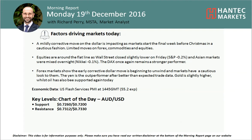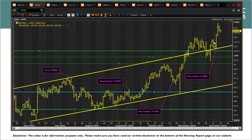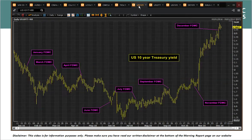We've got a fairly cautious market today, nothing too significant in terms of direction. Earlier on, a dollar correction was beginning to take hold, but that has now started to unwind again. The strong move up that we saw up to Thursday started to retrace on Friday and again early this morning, but that seems to have been retraced a little bit because you've started to see